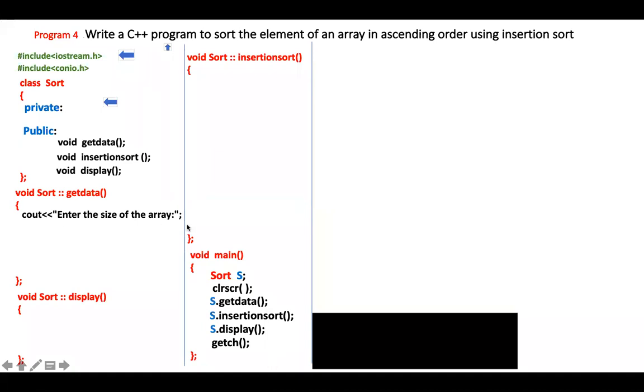See how to enter the size of the array. It will ask us to enter the size of the array. Now how will we give the input? We'll write it as cin n. So it will ask us the n value. If we write 5, it will construct an array of 5 memory, sorry, 4 I had to write.